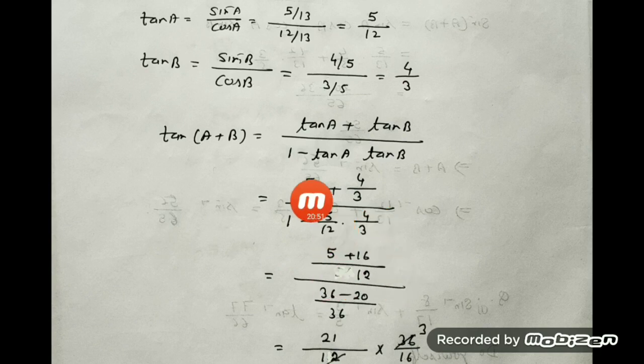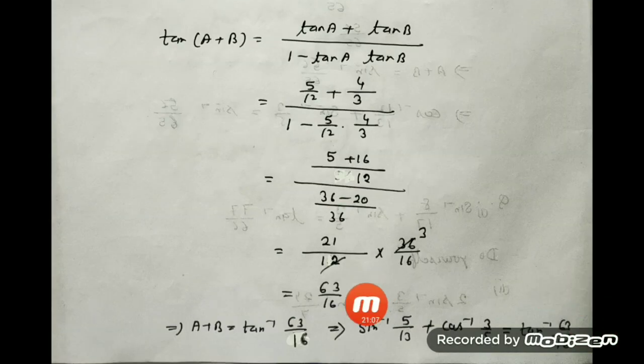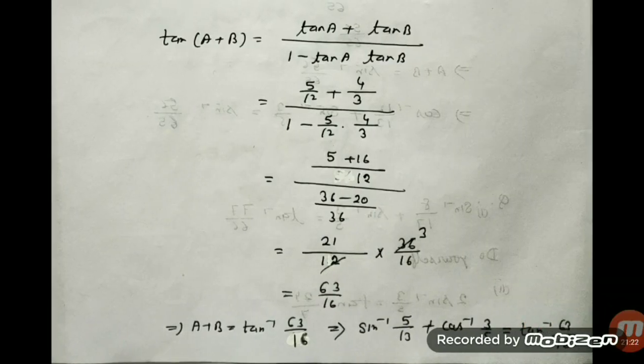Okay. In the numerator we are going to take LCM. It is what? 12. So you have to multiply 1 by 12, that is 5, and this by 4. 4 4s are 16. Here it is multiplied. We'll have what? 36. So LCM will be 36. So 36 minus 20. Do the calculation and you will have what? 63 by 16. So A plus B, bring this tan to the right side, it becomes 63 by 16. Then put the values of A and B. This completes the result. Okay. So this way we can do this type of question.